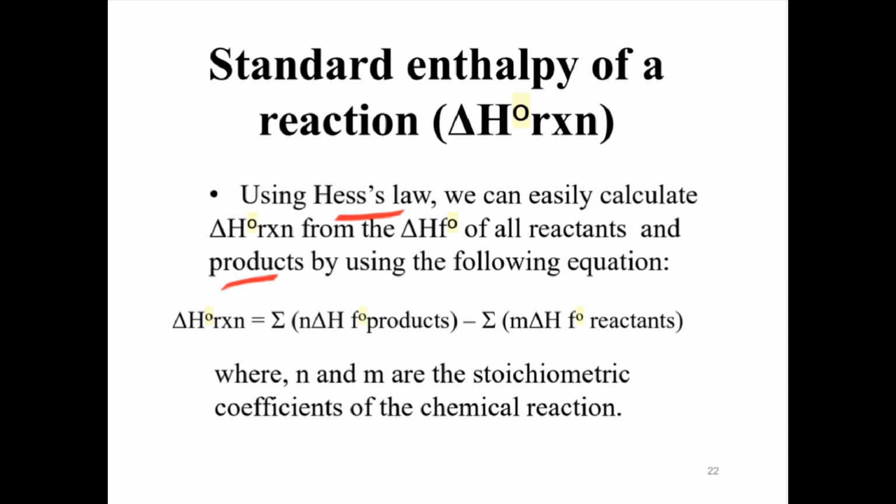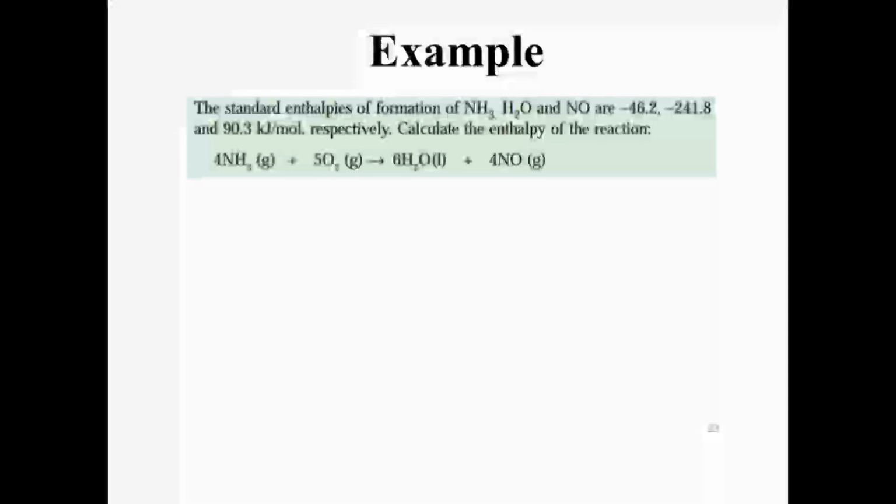ስለዚህ የenthalpy of the reaction ማለት is simply the sum of n times enthalpy change of the formation of products minus m times enthalpy formation of the reactants ማለት ነው። ስለዚህ n እና m እነዚህ stoichiometric coefficients ናቸው ማለት ነው። እነዚህ ተጠቅመን enthalpy of the reaction ማግኘት እንችላለን ማለት ነው። ያው ስታንዳርድ እንደሆነ ማስታወስ አለባችሁ።